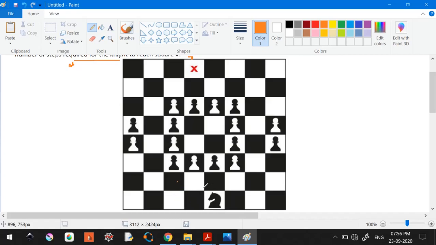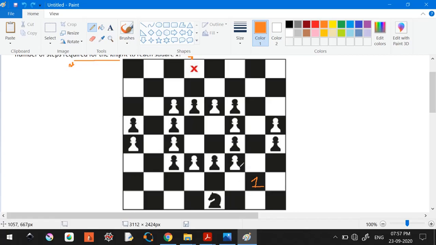You can count this way also, or going this side, 1, 2, 3, which is this here or here. Okay. So if I go, let's say here, my first step will be here. From here, what I have to do is jump again, which is 1, 2, 3. Pawn is there, so this is not possible. Okay, let me do the 1, 2, 3. Again, pawn is there, which is not possible.